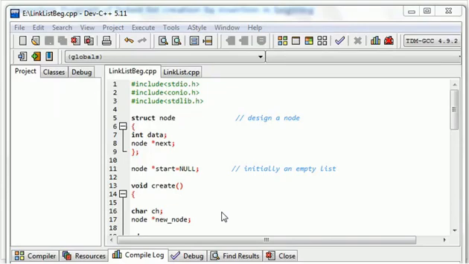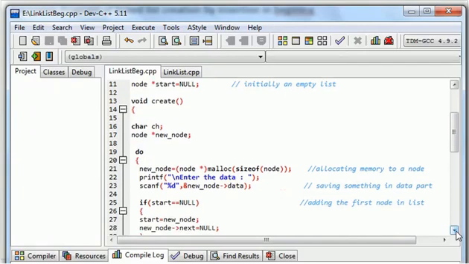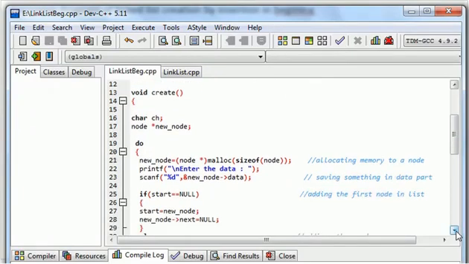So here I have declared a structure. You have already seen what this structure is, and I am specifying that my linked list is empty. Now I am writing one method which is creating a linked list for me, and you can see that this is the same code which we have discussed before this.